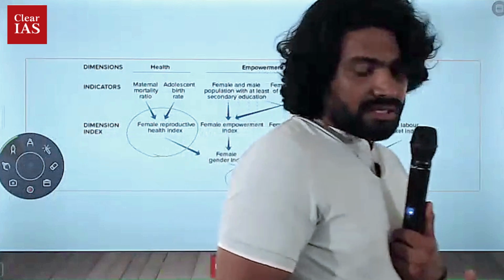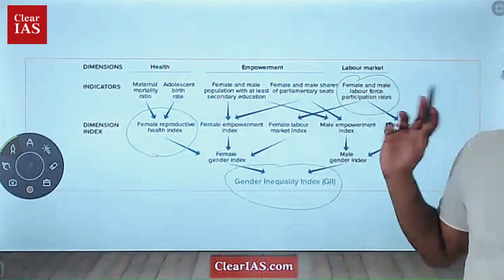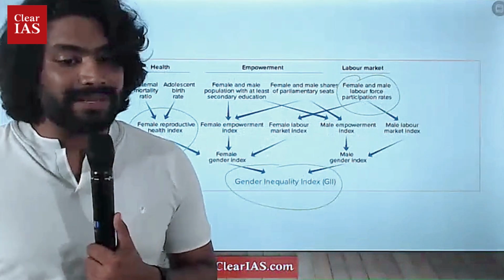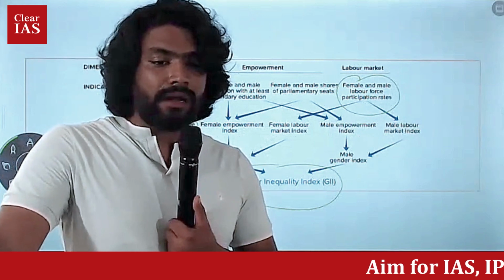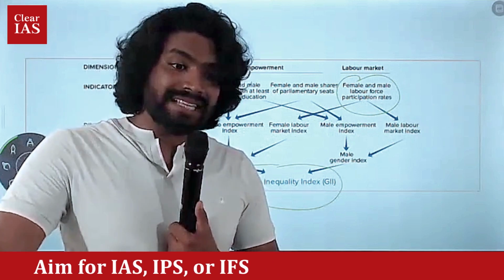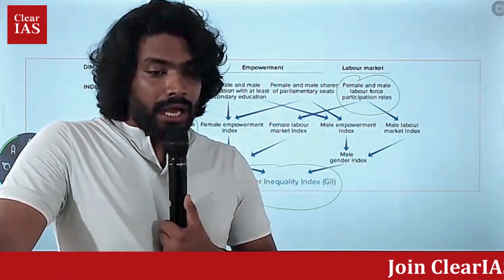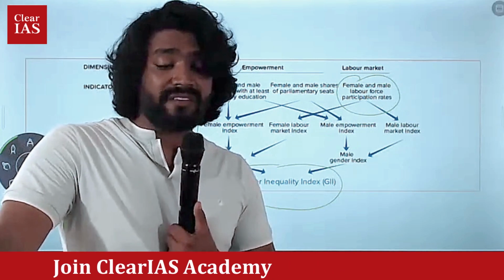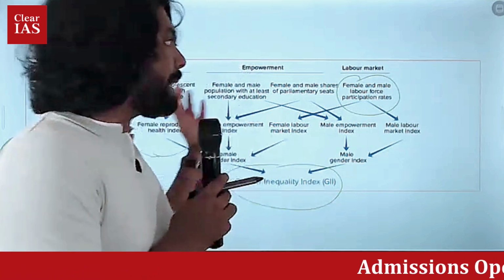One thing I have to suggest is that all these things may not be useful in a particular question. For example, UPSC may not ask you to explain the parameters of the Gender Inequality Index. No, UPSC need not ask. But UPSC can ask in economic development or in the context of society about female empowerment and vulnerable sections. Women are a vulnerable section, so they can ask about that. But when explaining that answer, you can use these parameters.